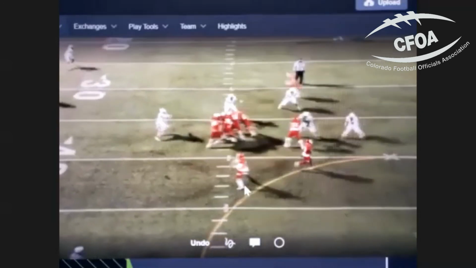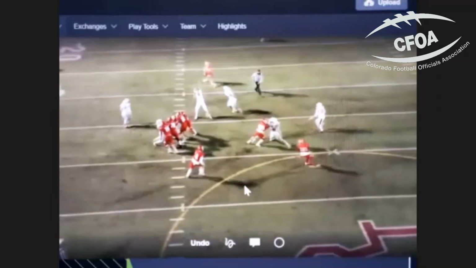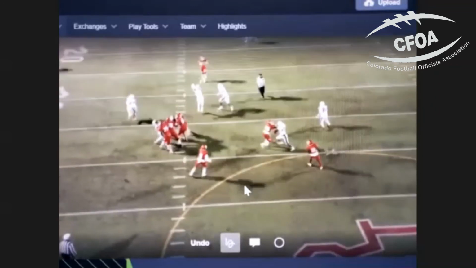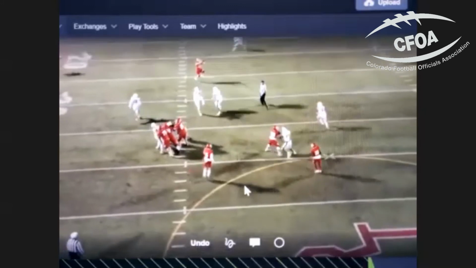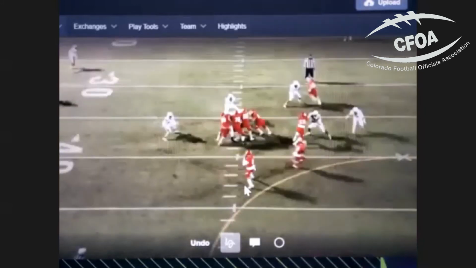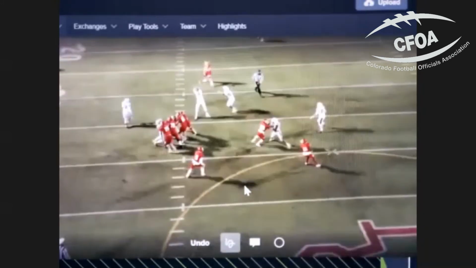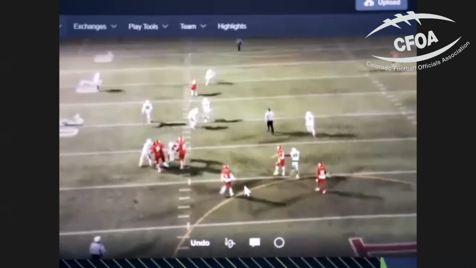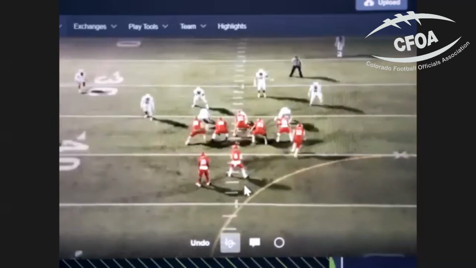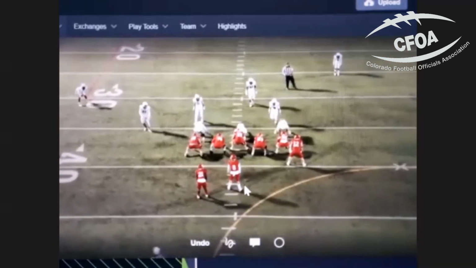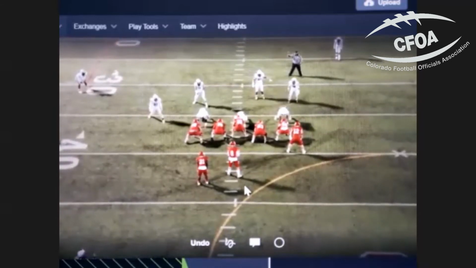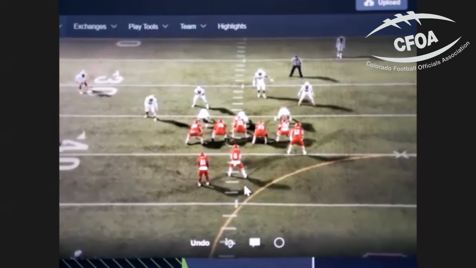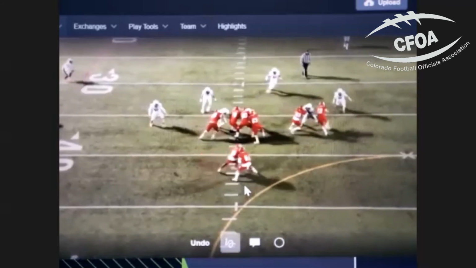So when we have our outside zone RPO, if you notice how far our receiver is downfield, he's further down than most of the time where we throw our RPO. Our RPO is probably 5 to 7 yards. He's about 10 to 15 yards now. We achieve that because we want our linemen to work laterally down the line of scrimmage. And again, this would have been fine if 63 would have worked to his right, which he should have.